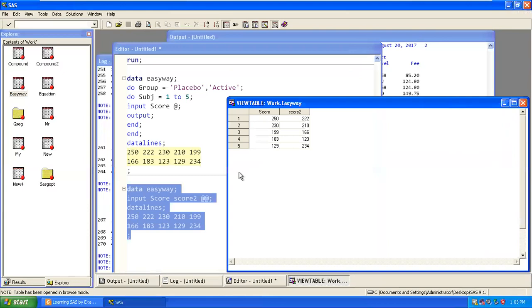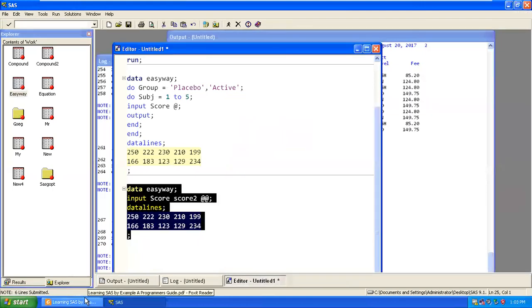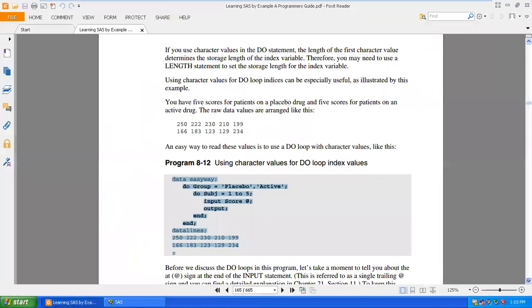नहीं, ये रीड कैसे कर रहा है इसको? अच्छा, 250 210, अच्छा ओके. So my line is not moving now. Complete observation is single line. अच्छा, लेट अस सपोज मुझे इसको डेटा को ऐसे पढ़ना हो कि 250 222 230 210 199, फर्स्ट रो इज स्कोर 1. अच्छा, ये तो हो ही जाएगा, ठीक है, ओके.